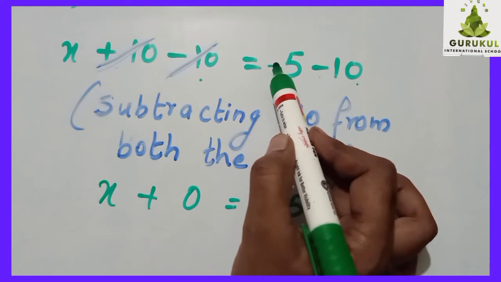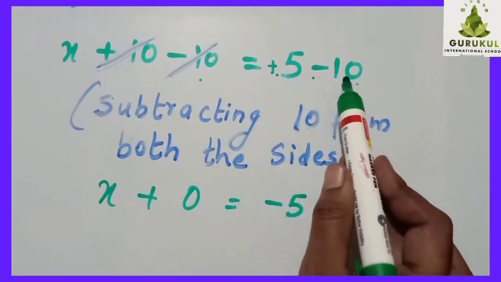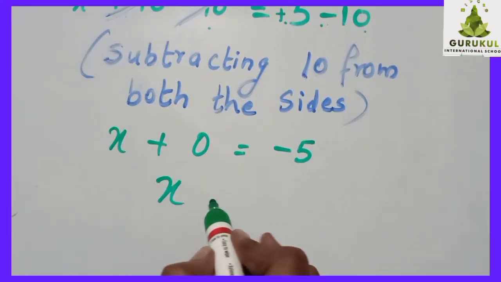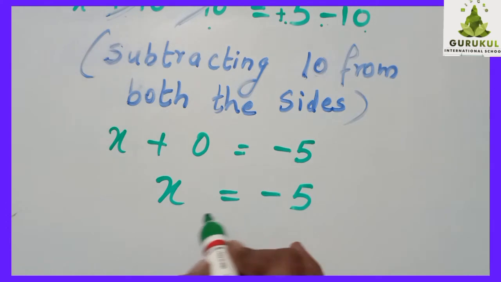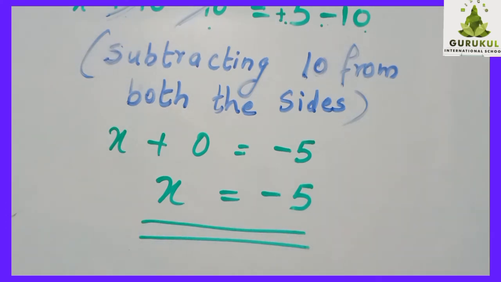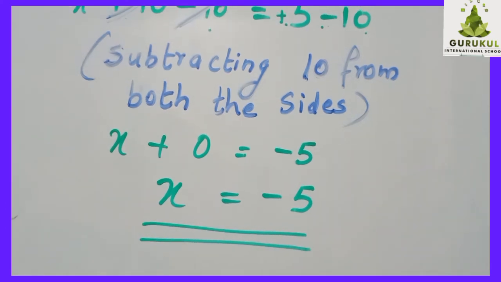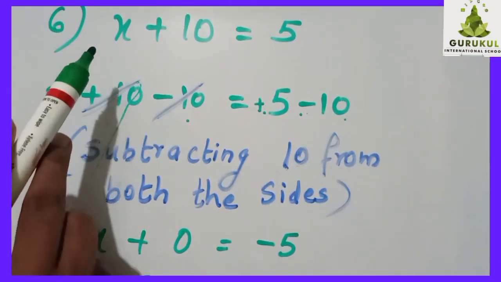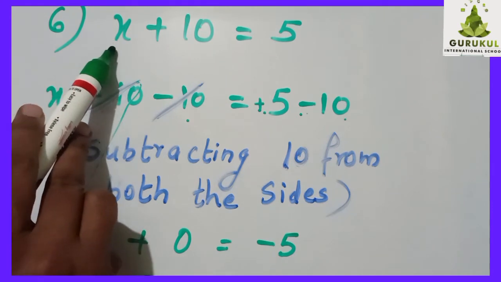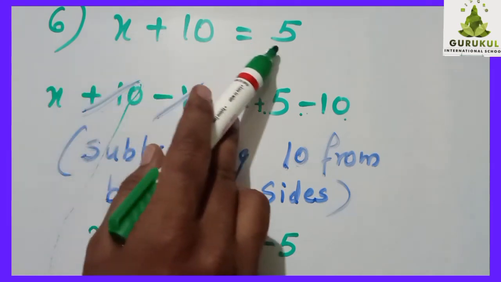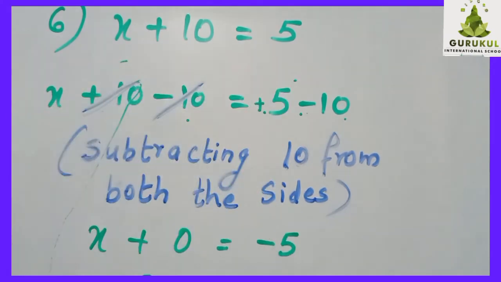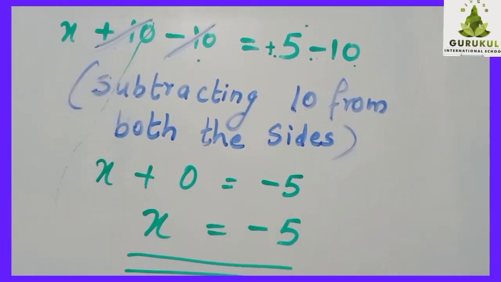Here it is nothing, means plus 5. Different sign, subtract. So 10 minus 5 is 5 and put the sign of the greater number. So you are getting x is equals to minus 5. This is the solution for the given equation. x is equals to minus 5 will satisfy the equation. Why do I tell you that it satisfies the equation? If I put x is equals to minus 5 here, in the place of x I put minus 5, minus 5 plus 10 will be 5 itself. You can check the LHS and RHS. Put the value of x and you can check the LHS and RHS for the answer to be correct. Is that clear? Copy down this in your notebook.